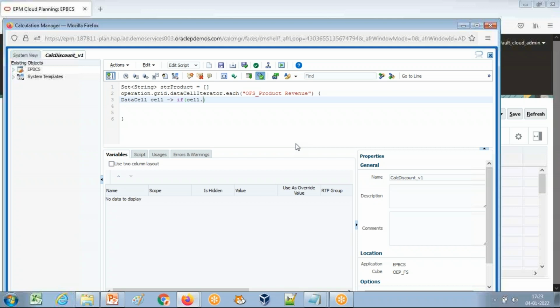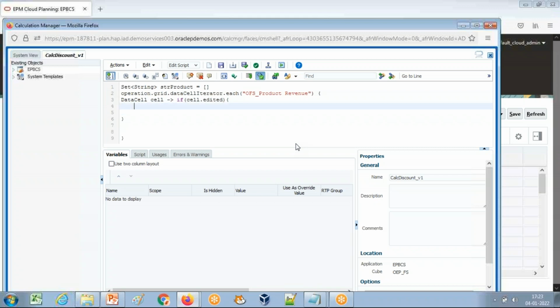So you can use cell.edited. As the name indicates, it returns boolean true or false. So it will traverse through only the cells which are modified, rather than all the cells, right? So here is the scope of your if condition.